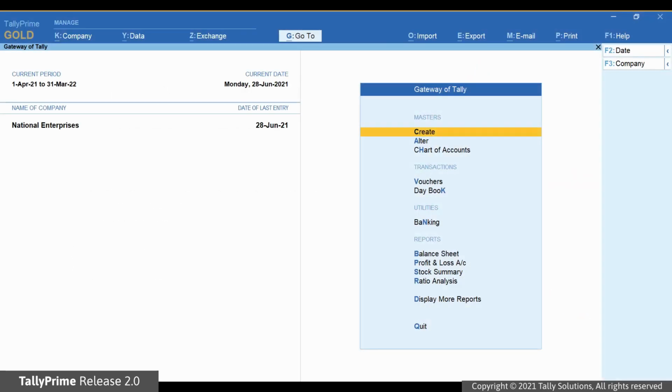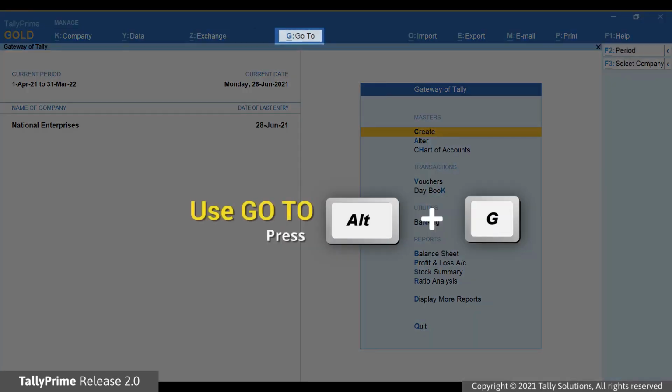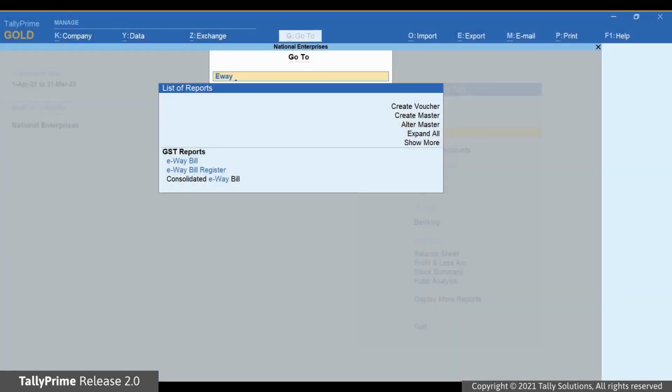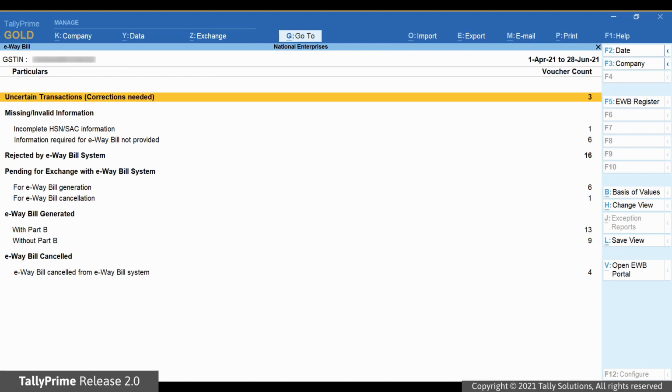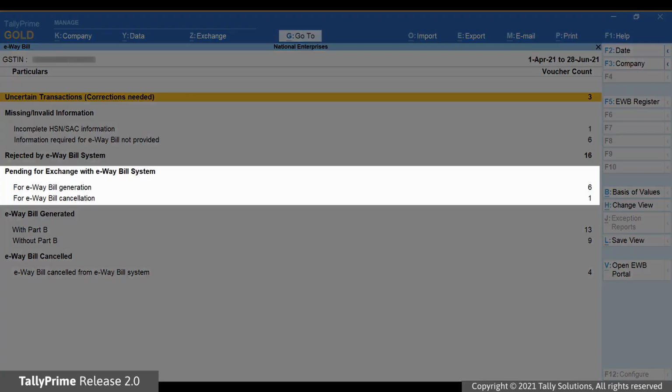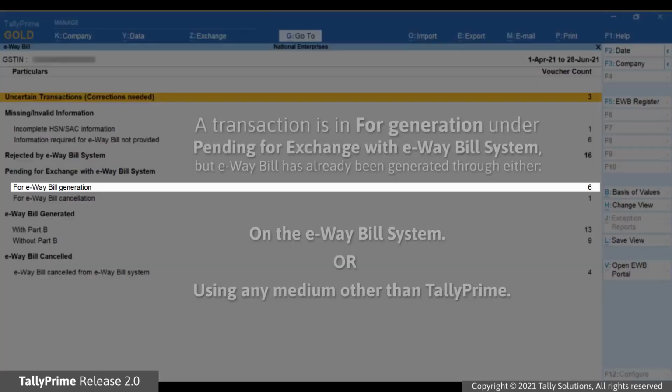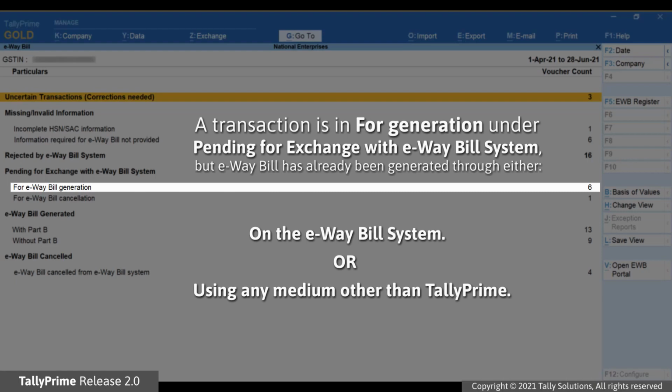Open the e-way bill report, press Alt-G, type or select e-way bill and press Enter. As you can see, there are transactions under all the categories of the Pending for Exchange with e-way bill system section. Let us consider that there is a transaction in for generation under Pending for Exchange with e-way bill system.